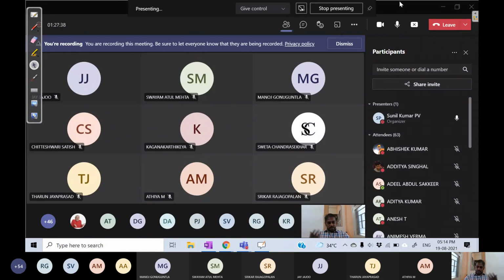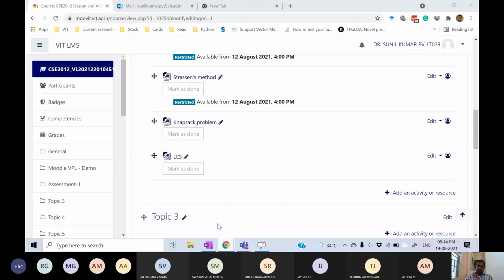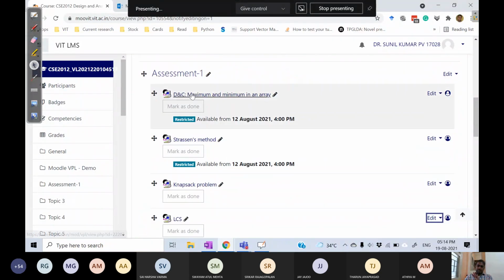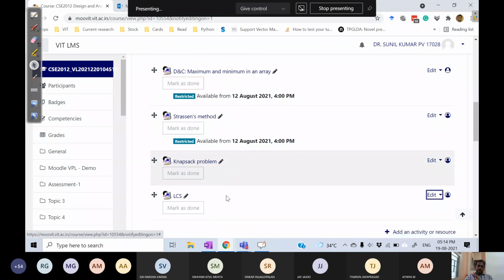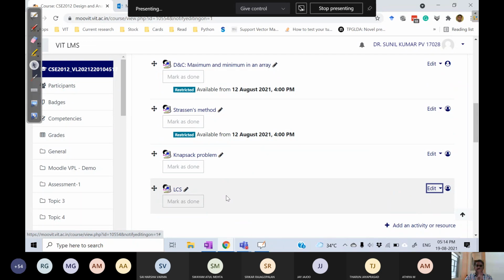You have one more week. So, last week's 2 programs and this week's 2 programs, consolidate all of them. All these come as part of Assessment 1, which you can read in Moodle. Assessment 1 has 4 questions: divide and conquer, Strassen's method, abstract problem, and longest common subsequence. Just download the programs, attach them and upload. It will take just 5 minutes, but before that, these 2 problems have to be done. For that you have 1 week.